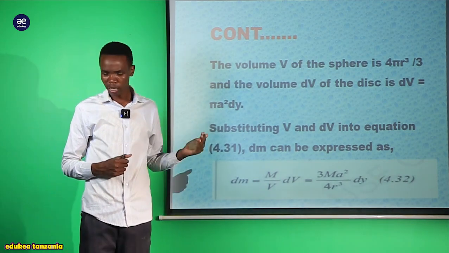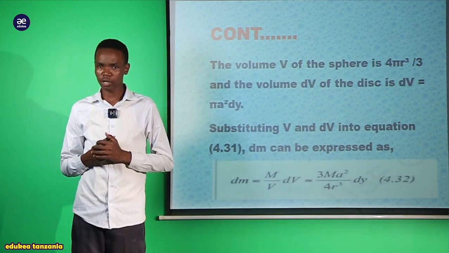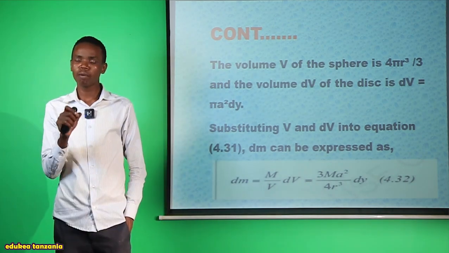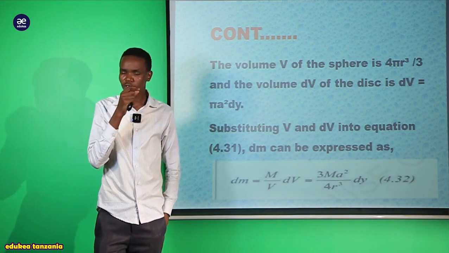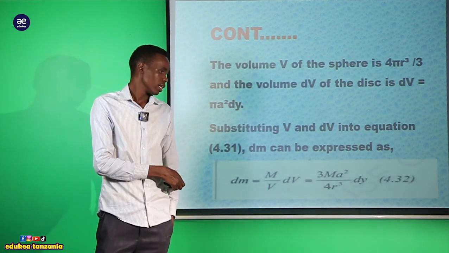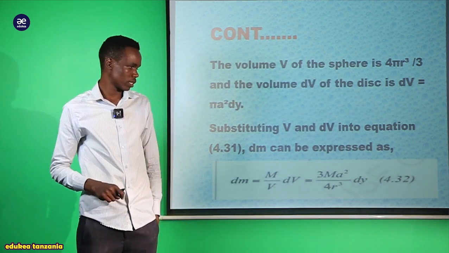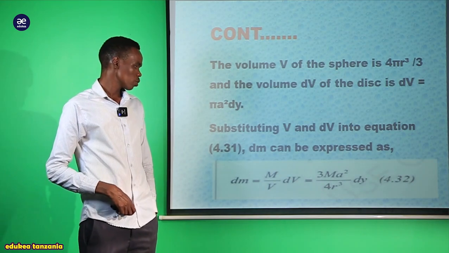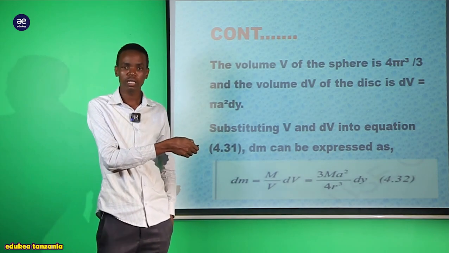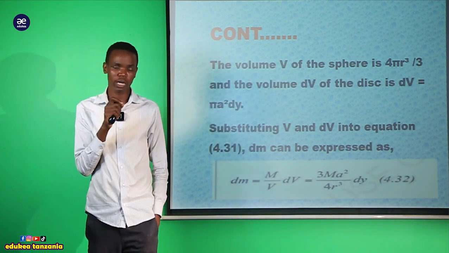After this, we are supposed to substitute our given values. Let us substitute the data that we have into our equation. We make dm the subject, the mass of the elemental disk, so dm must equal M, the mass of the whole sphere, divided by the volume, times the volume of the elemental disk. If we substitute the volume, which is 4 pi r cubed divided by 3, and dV, which equals pi a squared times dy,